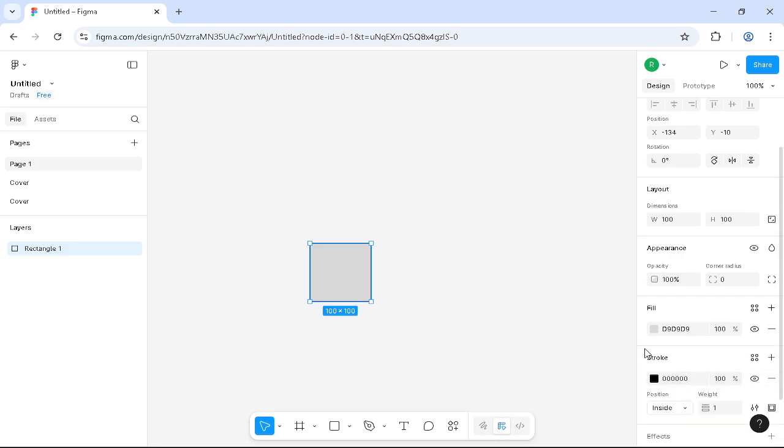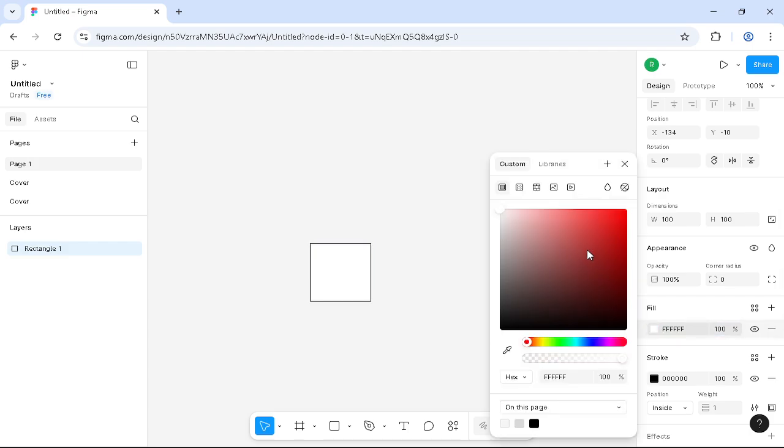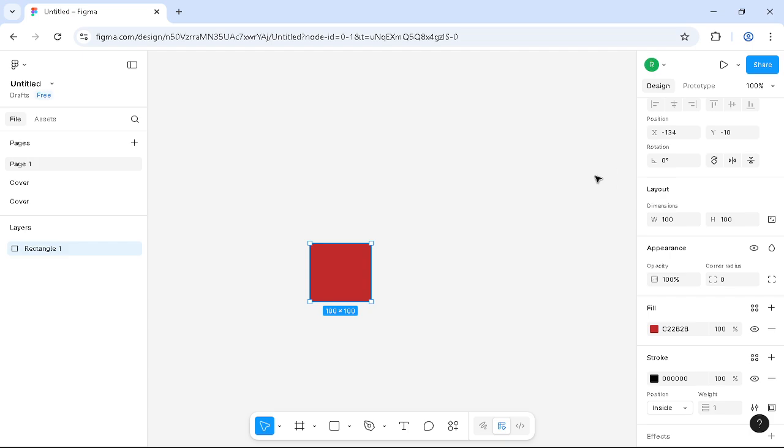Now once you do that, you can click on fill, and then starting with that you can add this as an icon, and that is all about